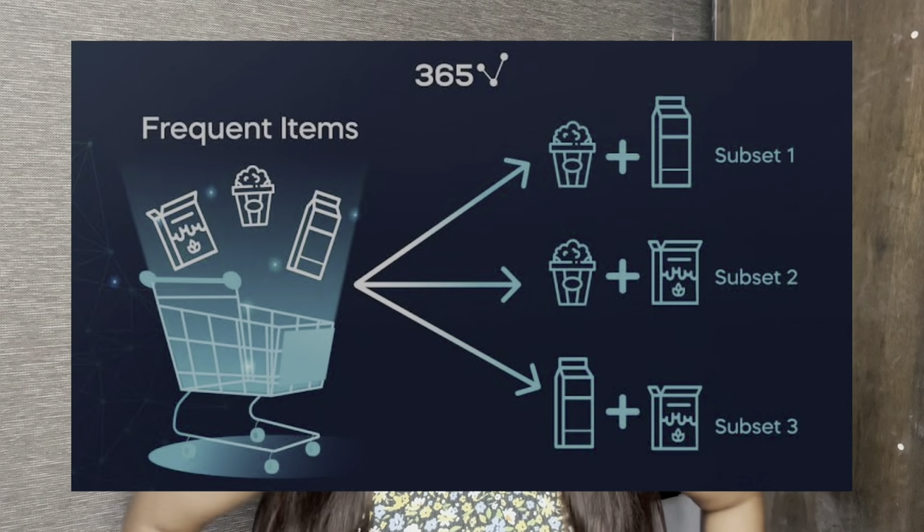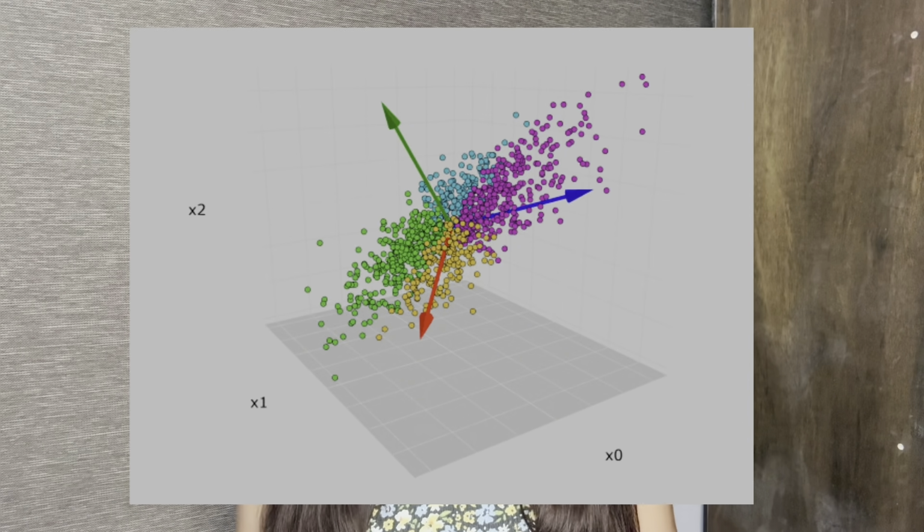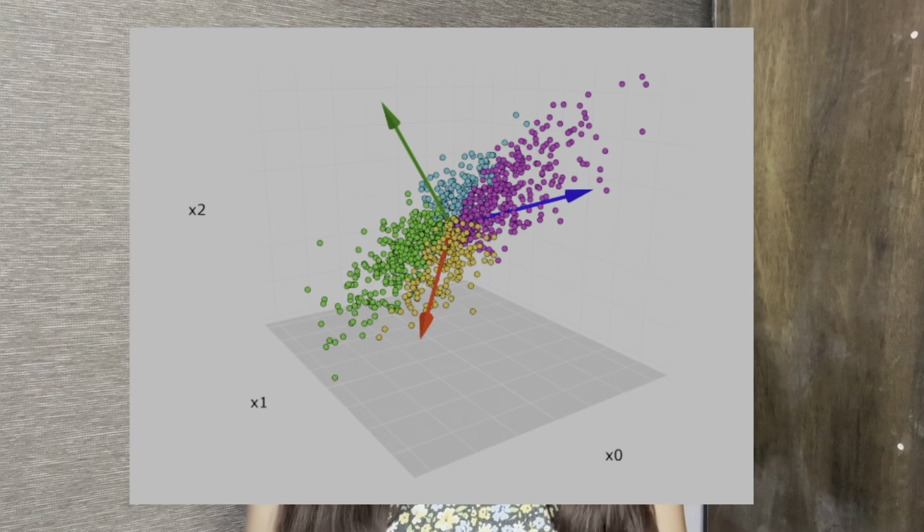Next, we have Market Basket. By looking at sales data, this method tries to identify which products are being bought at the same time. For example, it might reveal that customers who buy bread often buy butter also with it. Businesses often use these insights to arrange items in stores or suggest items online, increasing the customer satisfaction as well as the sales. Lastly, we have image compression using principal component analysis.